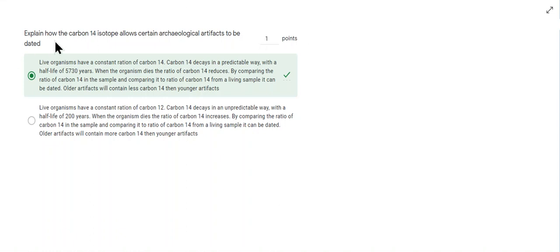Okay, so explain how carbon-14 isotopes allow certain archaeological artifacts to be dated. So this here is your answer. Live organisms have a constant ratio of carbon-14. So if you take an animal that's alive, for example, and you were to take a sample, so let's say